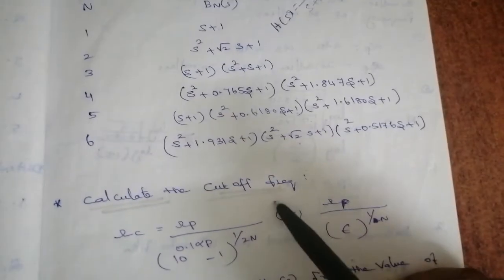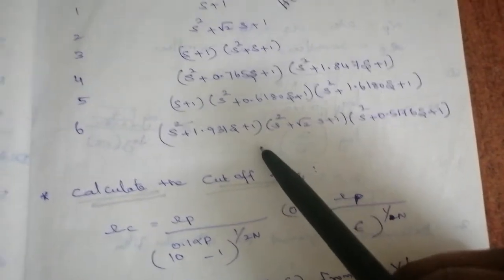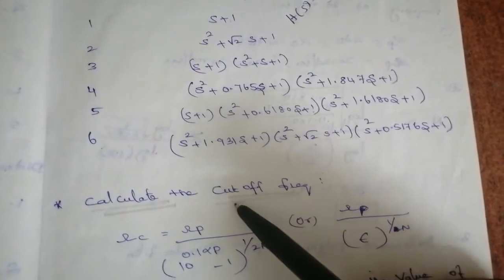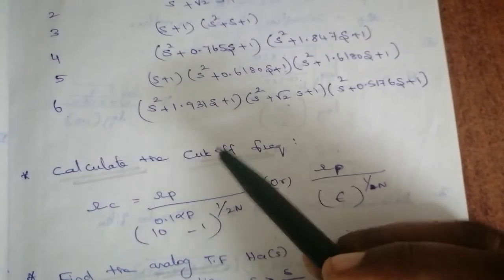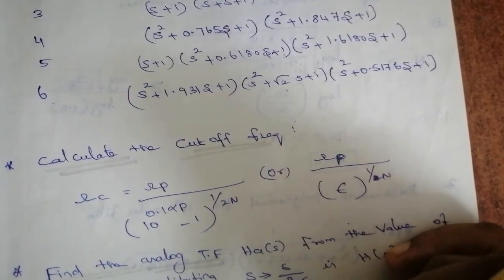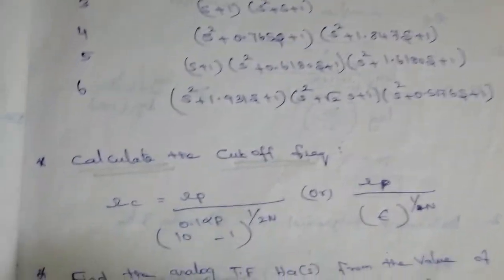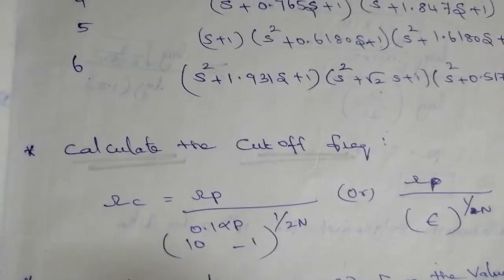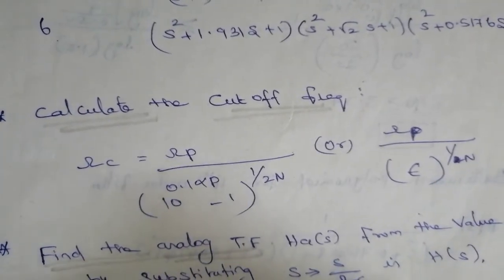First step is specifications. There is alpha p, alpha s, sigma p, sigma s, lambda, epsilon. Second step, find the order of the filter. We have 2 formulas, so based on the specification, we have to use that N value, right? Third step, whatever N we find, next is to round it off to the next higher integer.